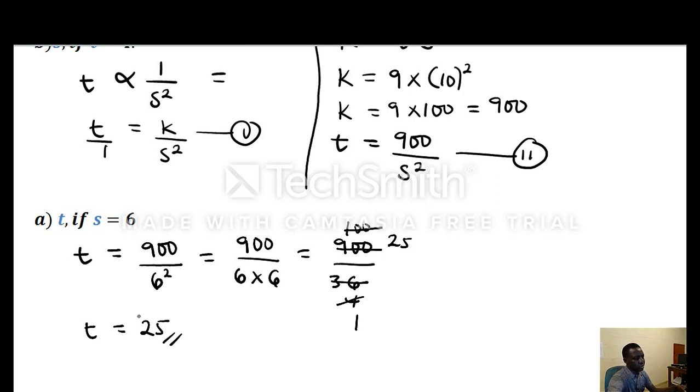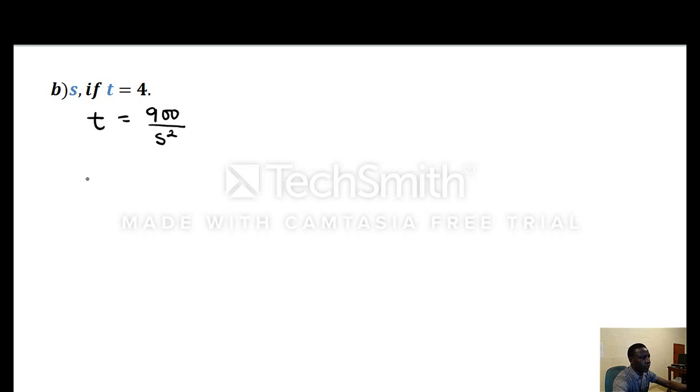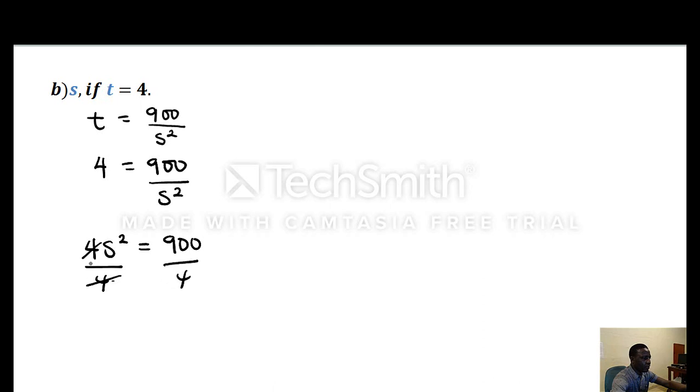B says we should solve for s if t is equal to 4. So I'm going to substitute t for 4 in this equation and solve for s, and that will give us 4 is equal to 900 divided by s squared. So I will cross multiply, and that will be 4s squared is equal to 900. Dividing both sides by 4, I will have s squared is equal to